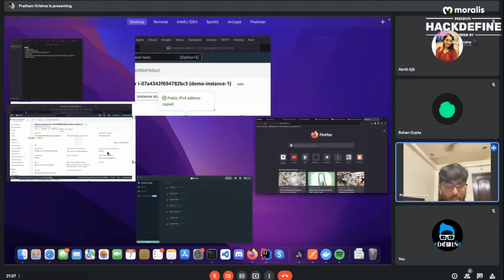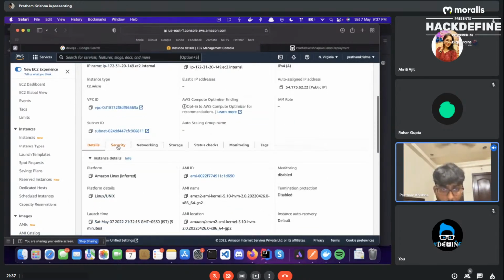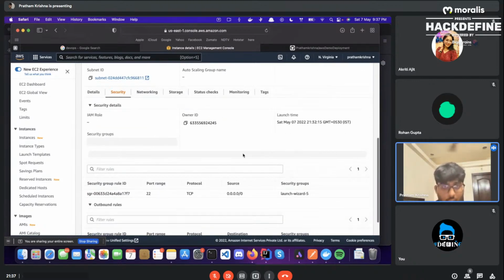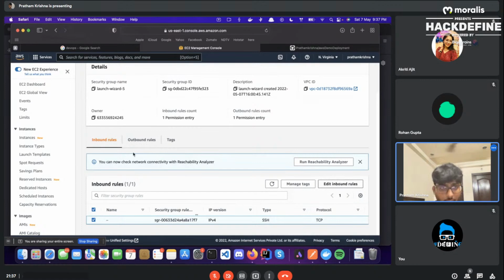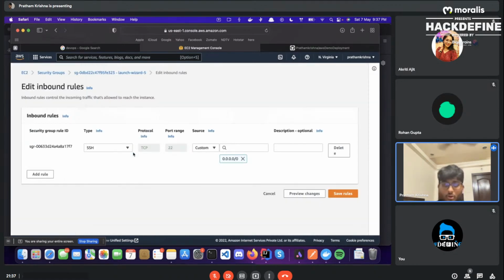There's something called security groups. So I'll show this. Cool. What a security group does is it restricts inbound traffic onto your AWS application. If you see over here, there's only one security group ID, and it is allowing only SSH accessibility from any IP address. We want it to be accessible from anyone, anywhere. So you click on the type and you select all traffic, and you can go by anywhere. It is not recommended again.